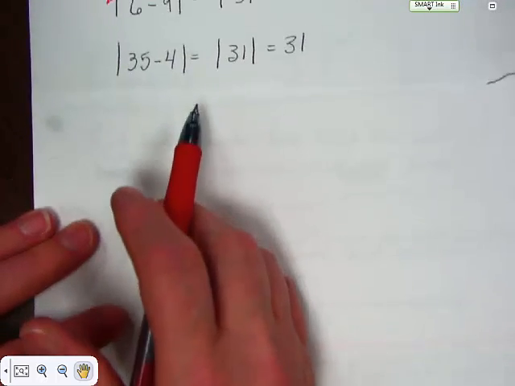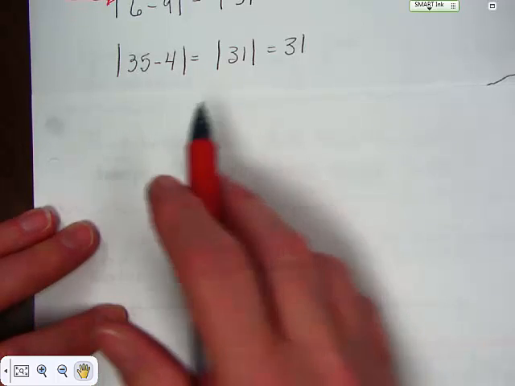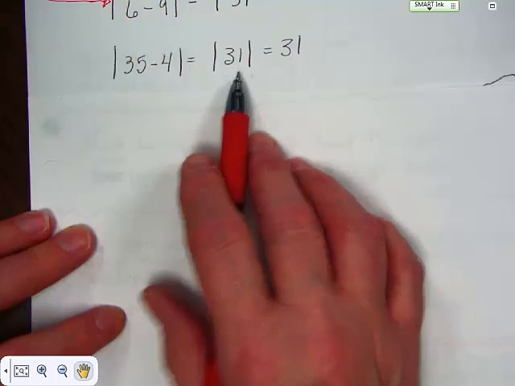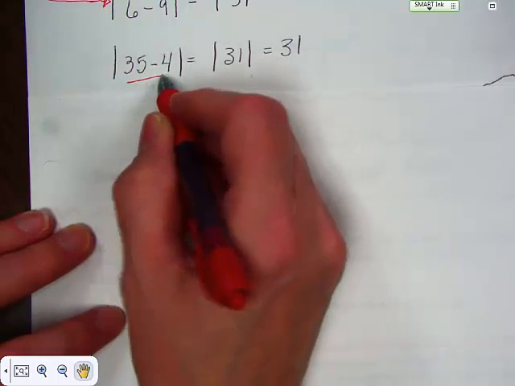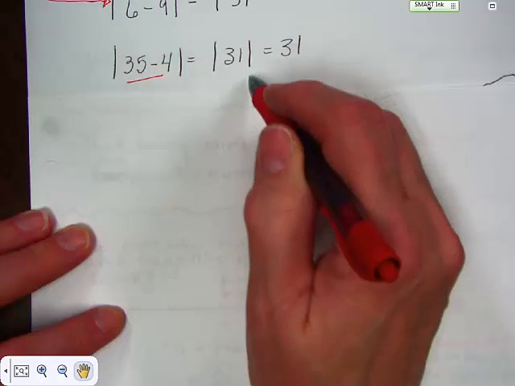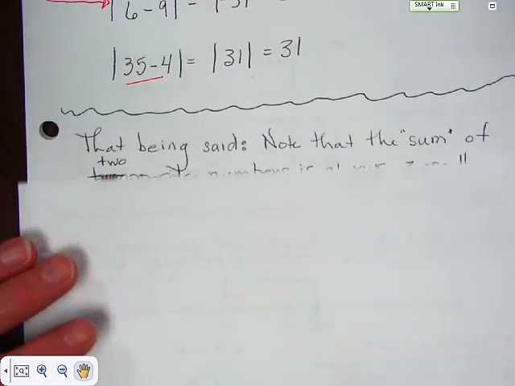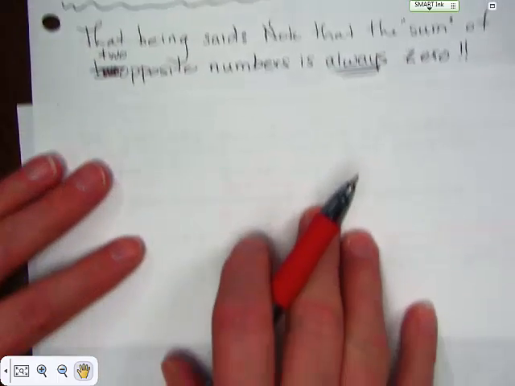You've got 35 minus 4 equals the absolute value of 31. You solve this first, you get 31, you leave it inside the absolute value. The absolute value of 31 is 31. Now, that being said,